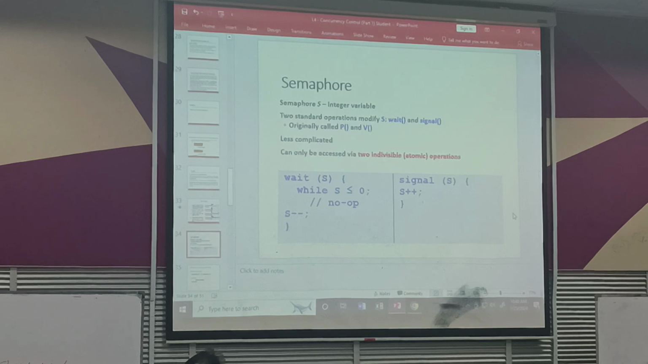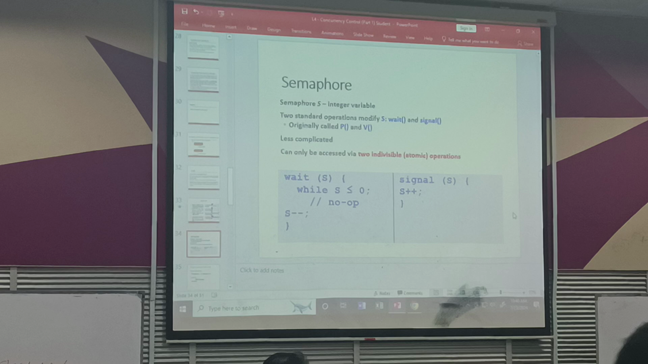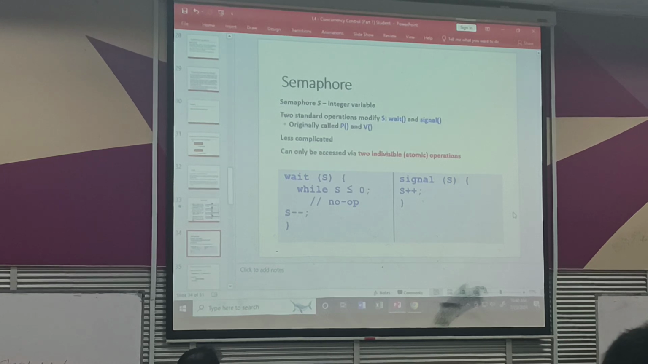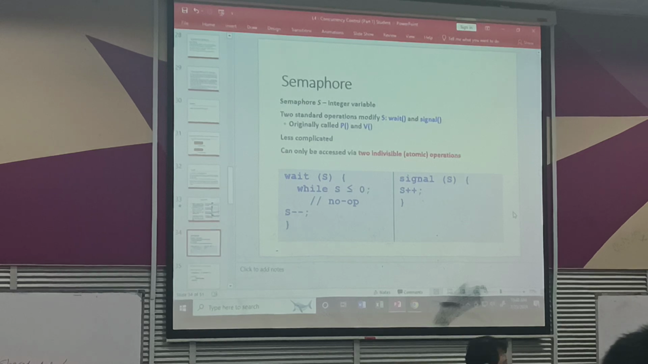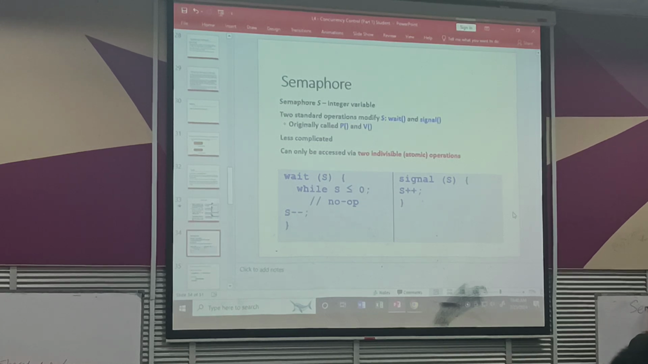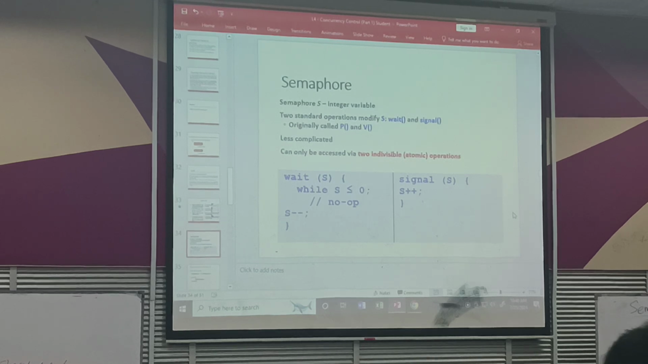Okay, I want to start from here first. Actually, I don't want to use this slide because it is very difficult to explain. I want to start with this semaphore. But before this semaphore, let's talk about the problem first. Remember the critical region that I was talking about? It has something to do with this. Let's say I have